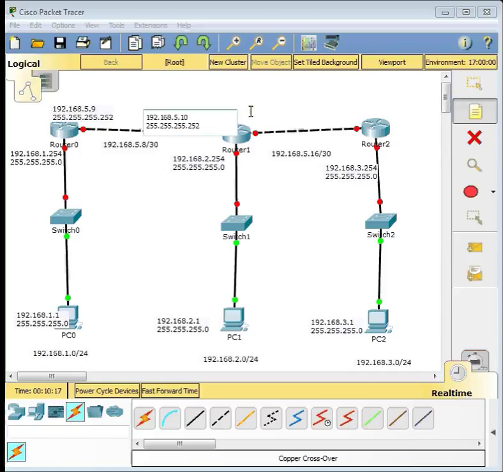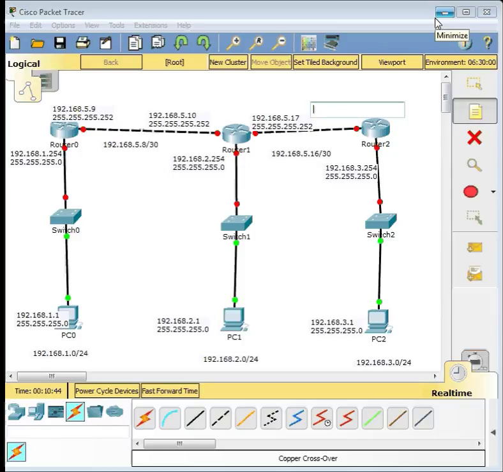And for this interface the IP address is 192.168.5.17 and the subnet mask is 255.255.255.252, and the IP address here is 192.168.5.18 and subnet mask is 255.255.255.252.